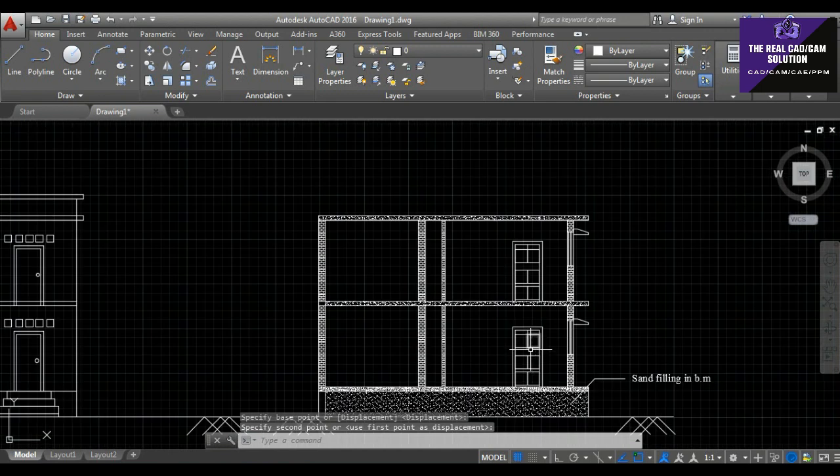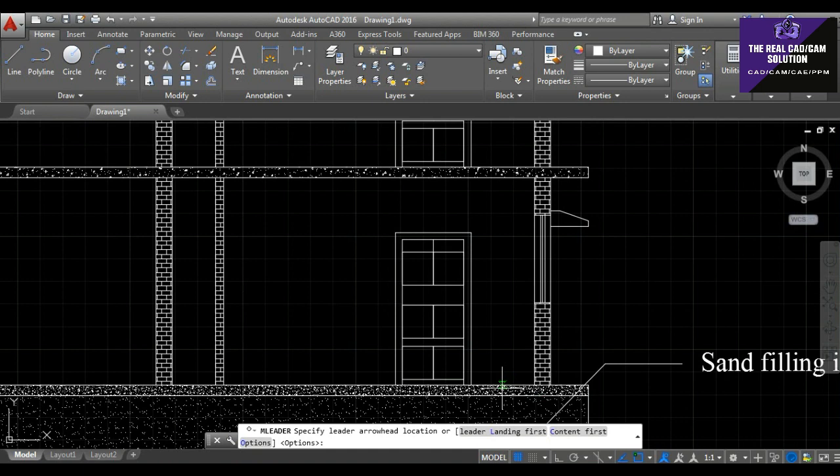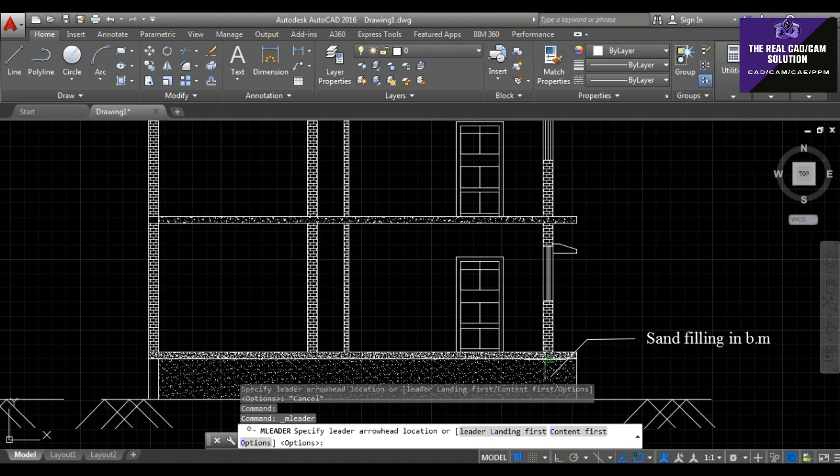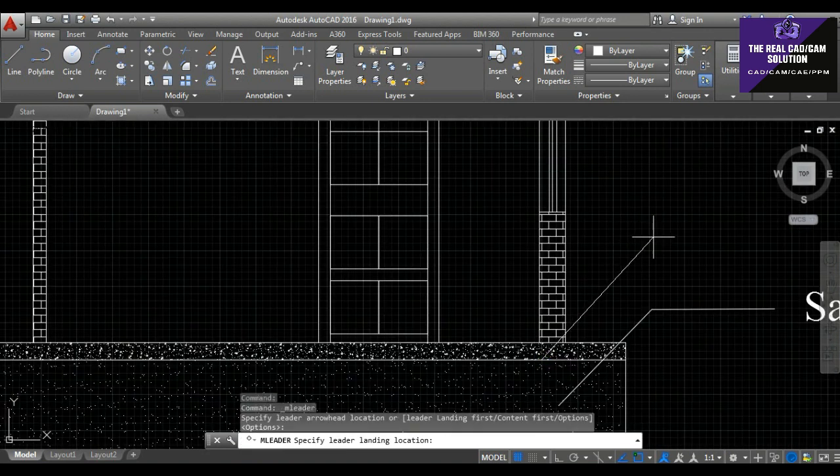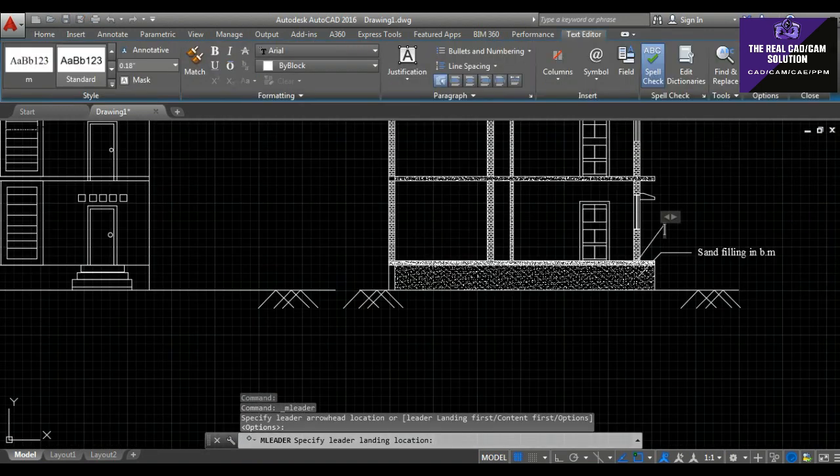And this is how you want to draw or text like this. Use this leader. Give the leader and click to the interior section of the floor. Just click like this and go to the floor concrete.